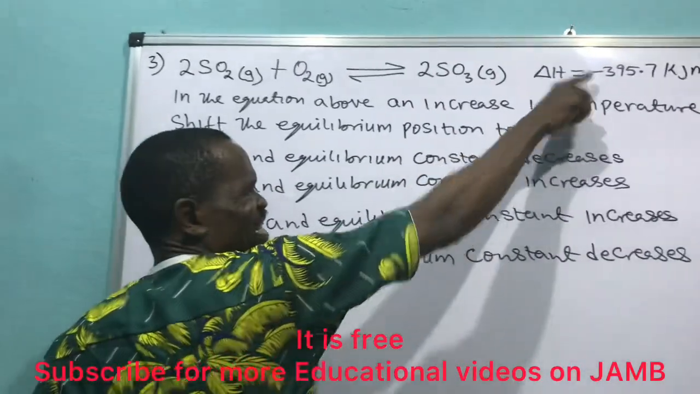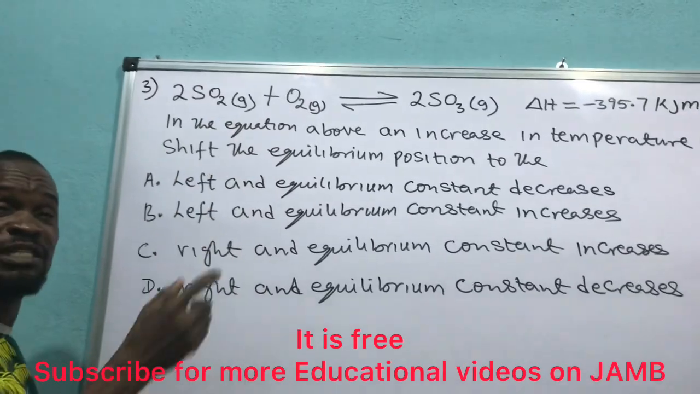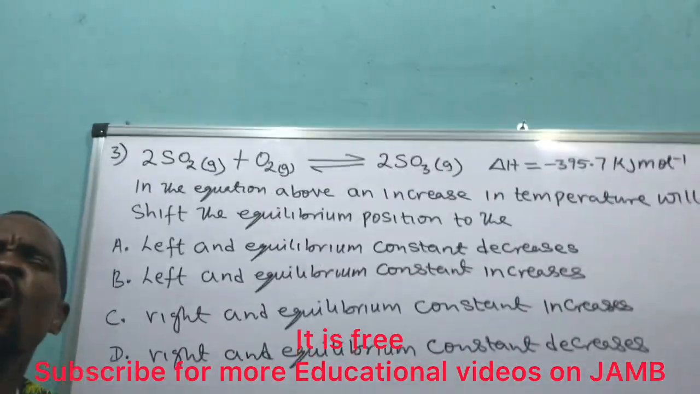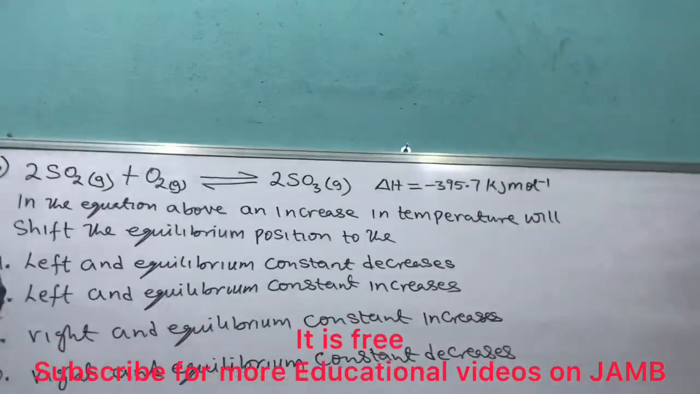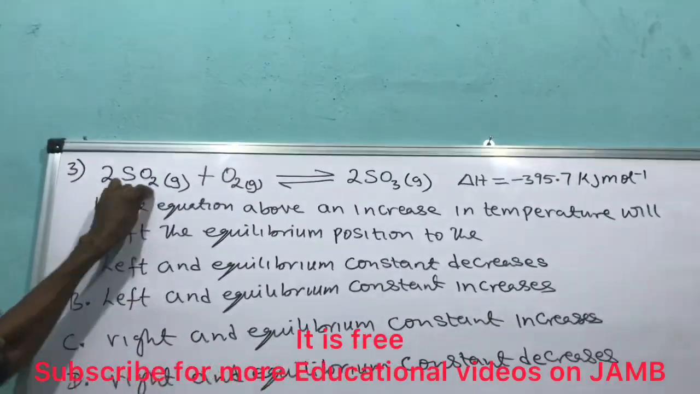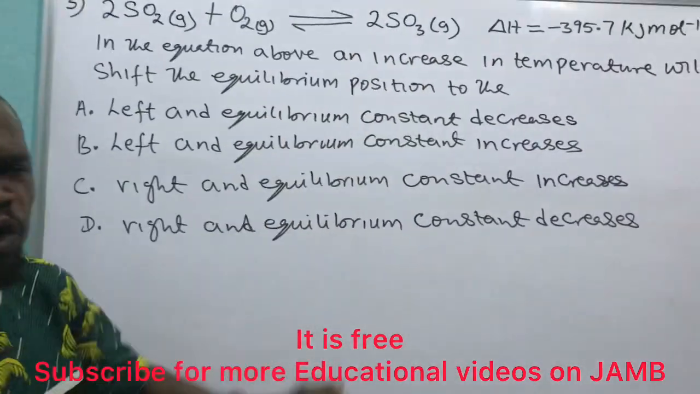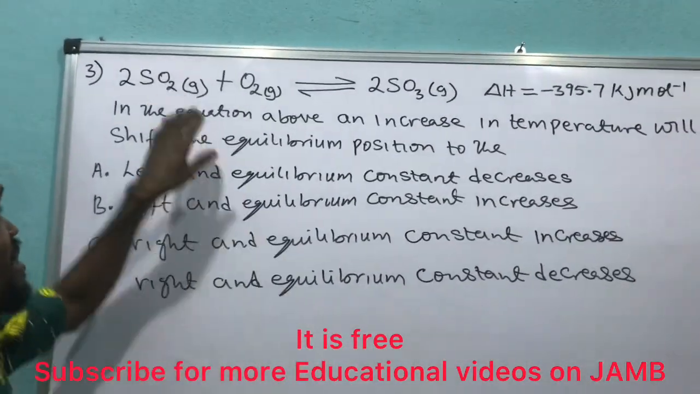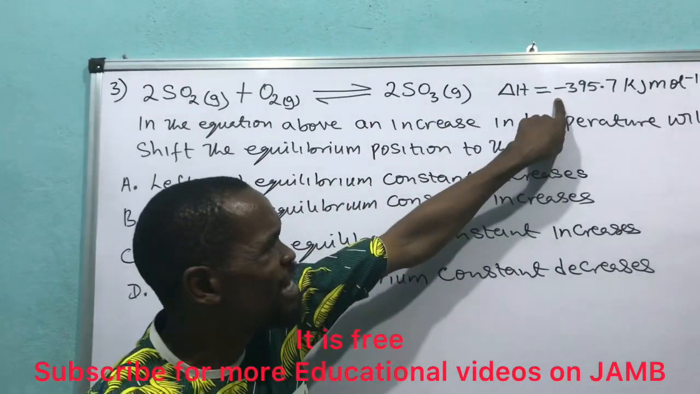As this is negative, it is telling me that the condition of the reactant is exothermic, meaning that they are hot. The reactant is hot. Exothermic means that the reactant is hot, while the product is cool. Are you getting what I'm saying? The reactant is hot, while the product is cold. Assuming that this is positive,